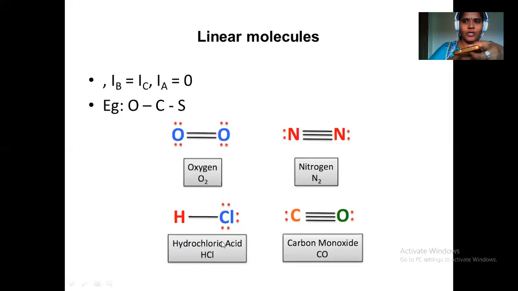Whereas if I rotate the molecule end over end, out of plane or in plane, the inertia will not be equal to 0, because when I rotate like this, chlorine will reach the hydrogen position and hydrogen will move to the other end. So for end over end rotation the inertia is not equal to 0. Both in plane and out of plane will be equal to each other. That is, IB is equal to IC, and IA can be equal to 0. Such molecules are considered linear molecules.